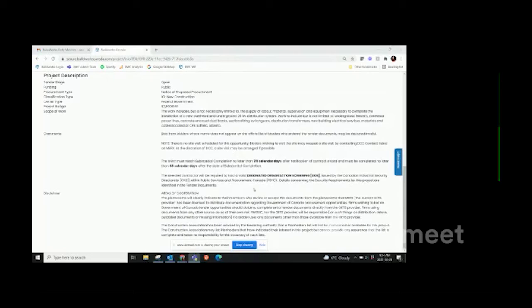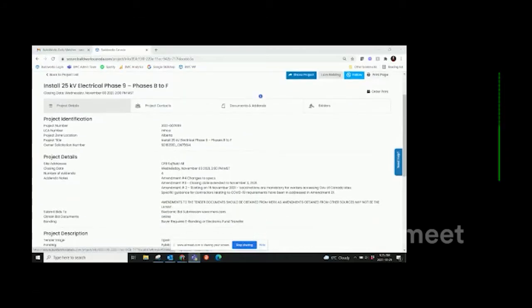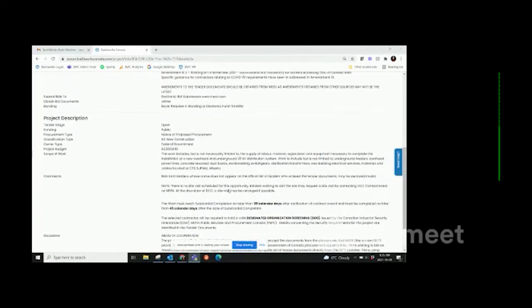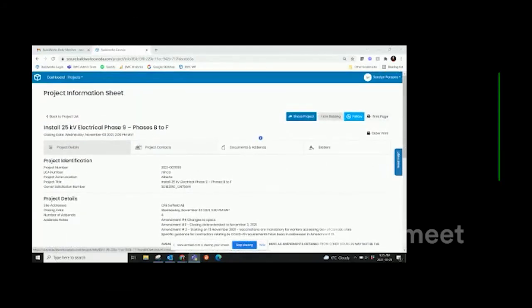So yeah, this is a really great example of the project information sheet and the information that you can see within it. Next, we're going to do a document search. So we just did a basic search to see what appears in the project information sheet. Had concrete not appeared somewhere within this page, this project would not have shown up as a match. But actually, before I do the document search, I'm just going to go through the full project